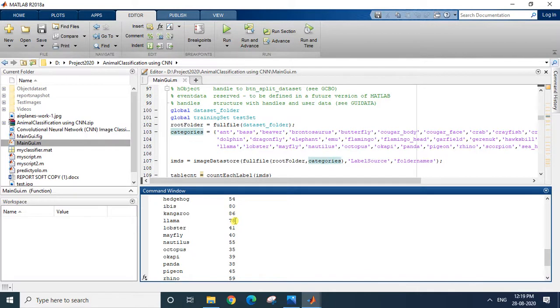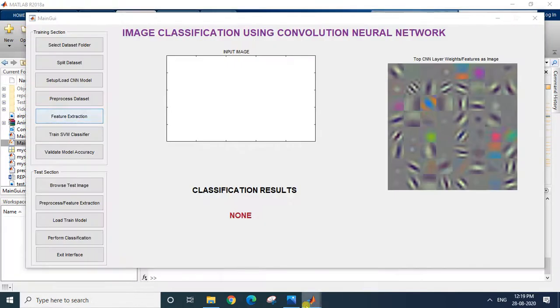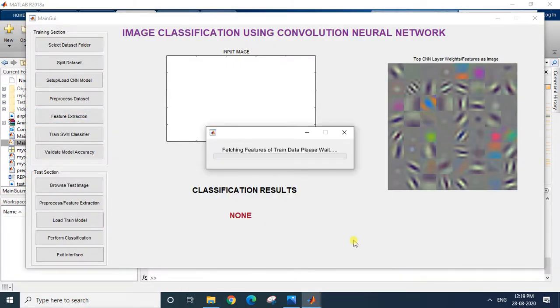So these many images are being considered for training, so it is taking this much time. Obviously, when you are training a CNN, it takes more time. The more time it takes, the better the training, or I can say a good amount of images considered for training results in good accuracy for your project.